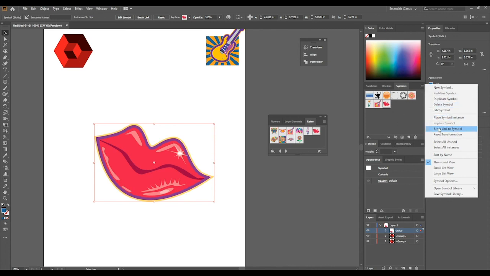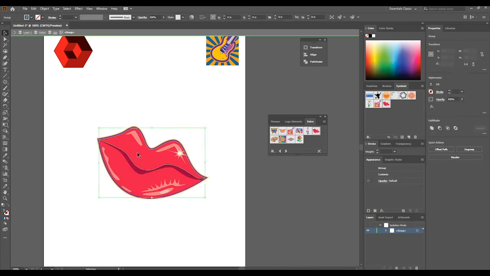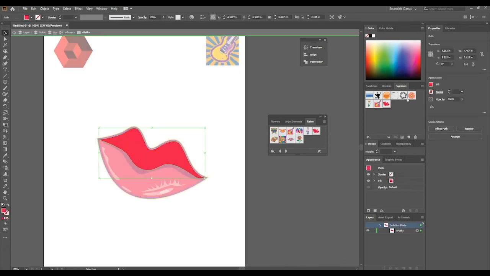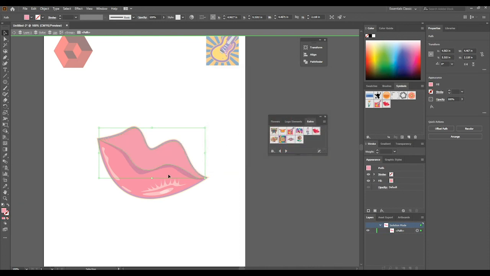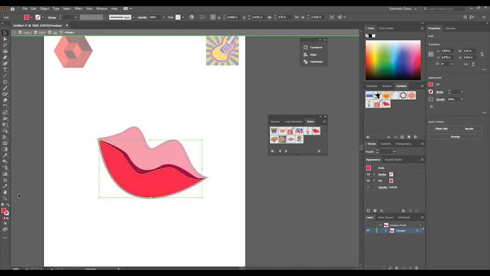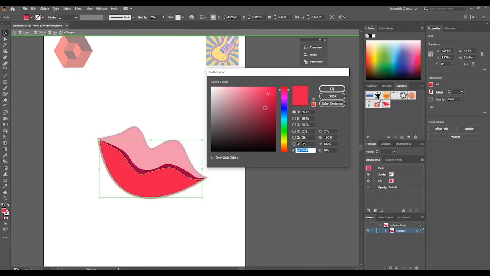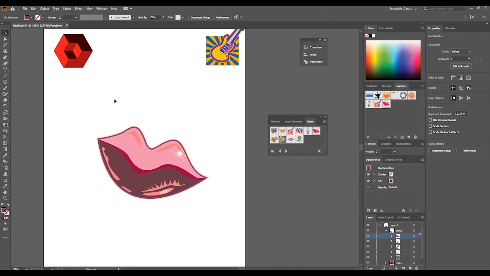It's found in the drop down menu also, break link to symbol, and we can now double click and change this fill color here to another color, lighter pink maybe, and you can see here how that changes, right? Let's change it to darker. So you could see how quickly we could